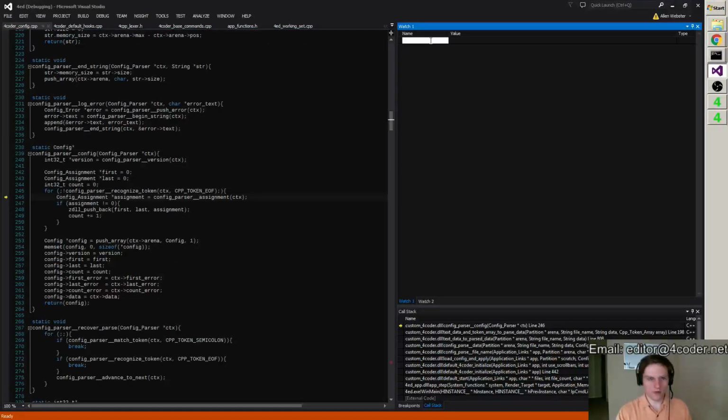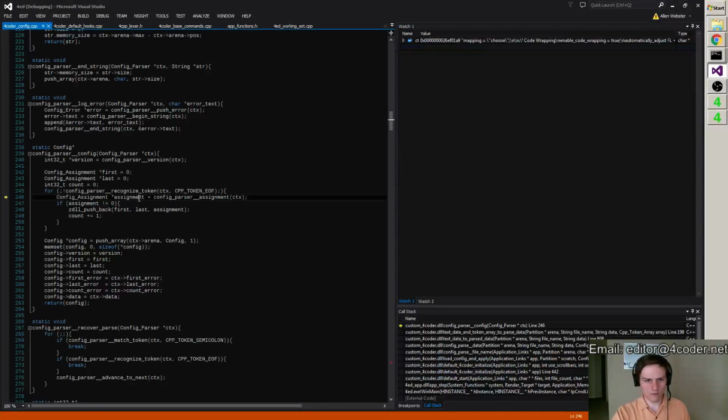Alright, so we want a little bit of help seeing the location that we are at in the parse. So there we go. Grabs a mapping, enable code wrapping, automatically adjust wrapping, default, automatically indent, saves on default theme name.